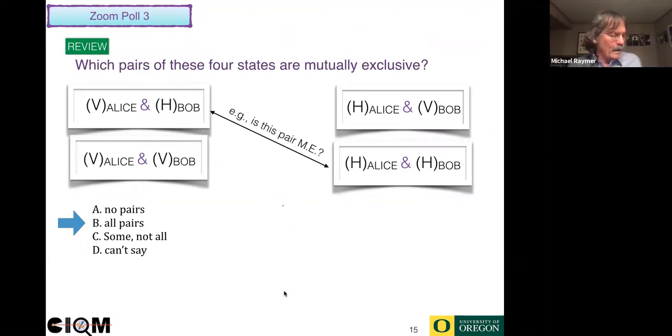So I think everybody, or almost everybody, can see what the terminology means. That there's 4 composite states on the page here. Each one of those is mutually exclusive to the other 3. So all pairs are mutually exclusive. These are only 4 possible states, but you see we haven't considered superpositions.